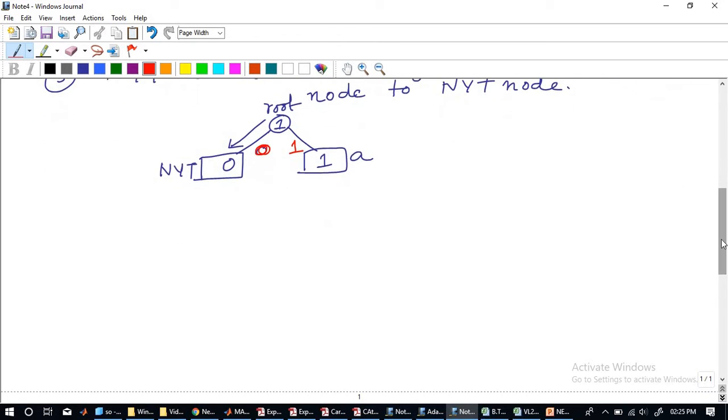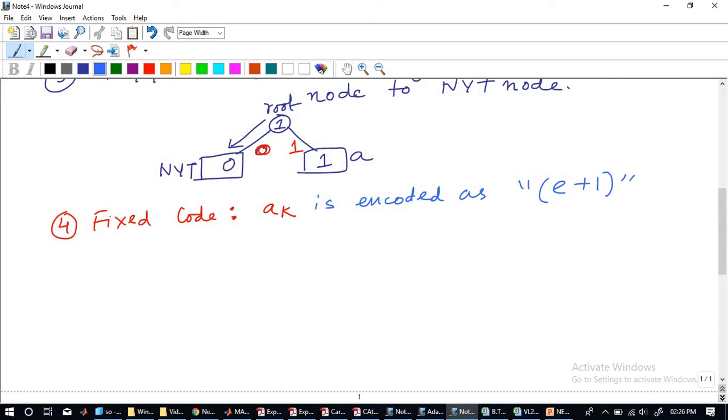Second part is the fixed code part. Okay, so the fourth one is the fixed code. Everything will be clear when I take the example. Fixed code is given by: AK is encoded as, please note down this, E plus 1 bit binary representation of K minus 1, if K belongs to this range,